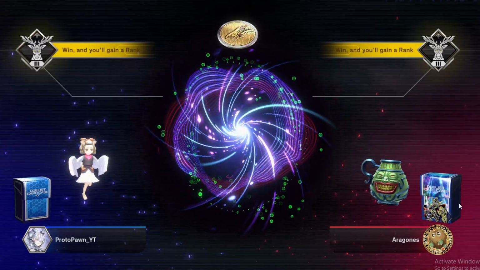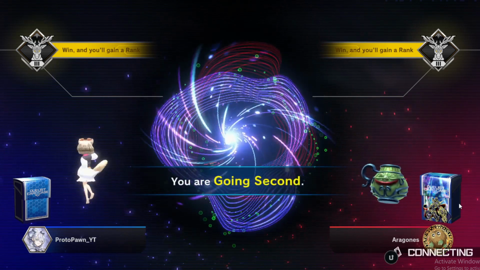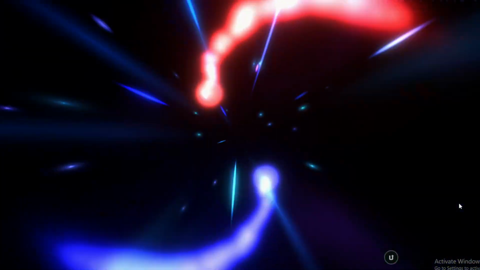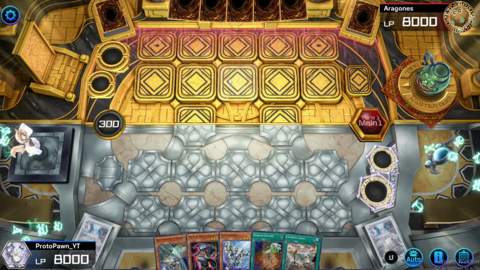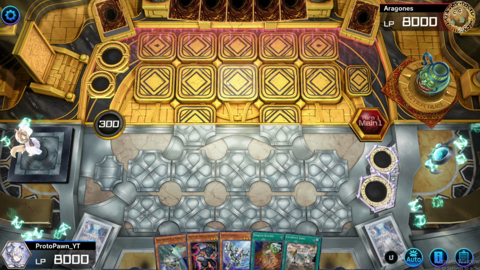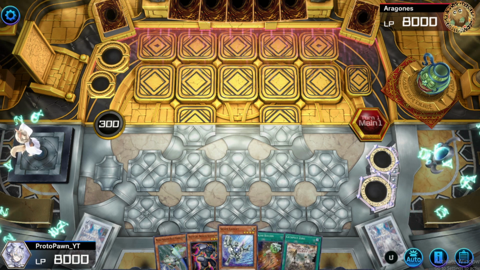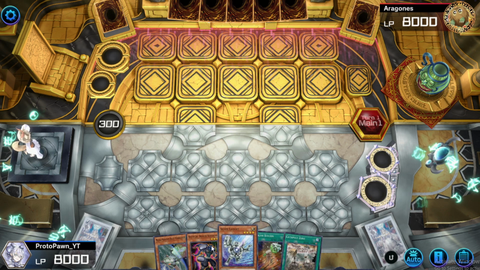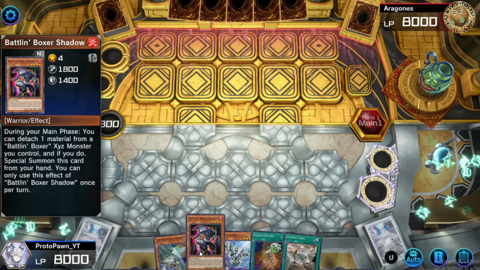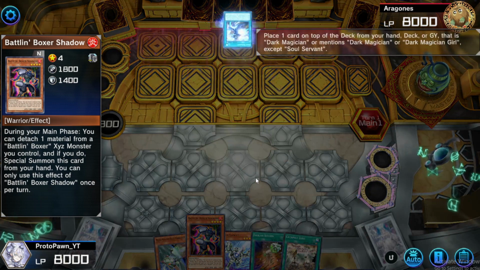Alright, let's get this next duel going here. It looks like we are going to go second. As you can see, we are Silver 3 right now. We're getting closer to Gold, which is cool. Our opening hand is okay. I mean, we have our Rock protection field zone here. Foolish Return, depending on what he's playing, could come in handy. We have at least one of our level 1 tuners. But unless we draw something really helpful, our best...